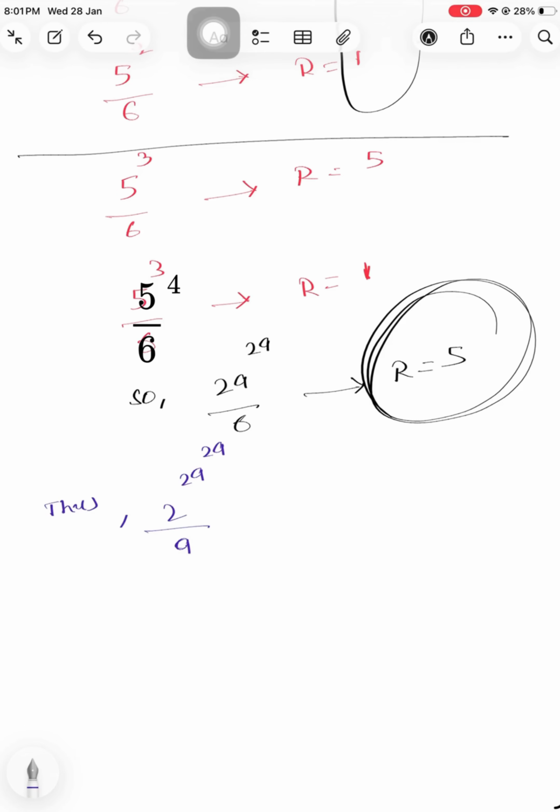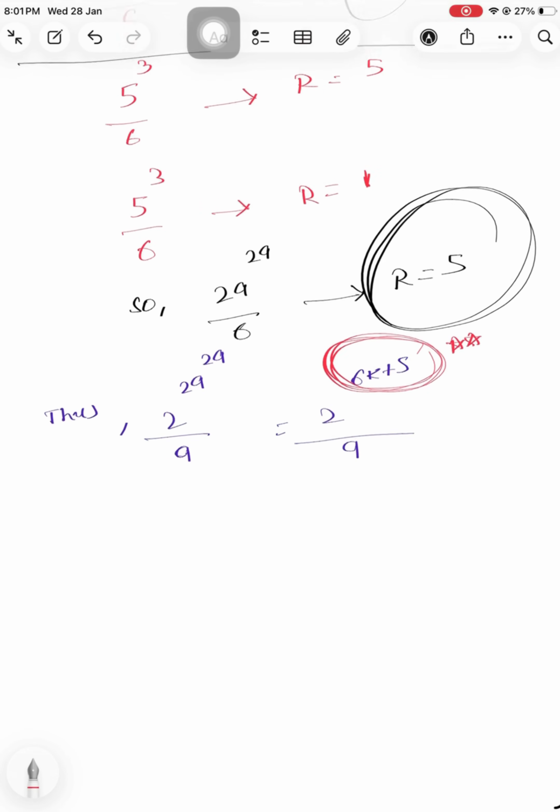And here in this 29 raised to the power 29, the power value 29 being an odd number will definitely have the remainder as 5. So just by observing the odd and even pattern, we can definitely say that 29 raised to the power 29 divided by 6 leaves the remainder as 5. But coming to the main problem statement,